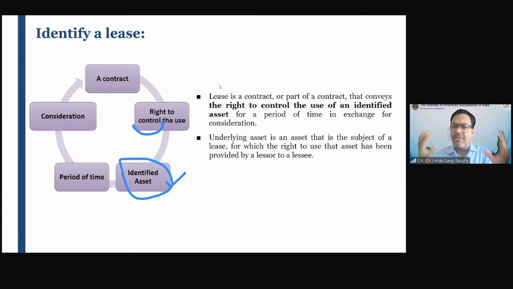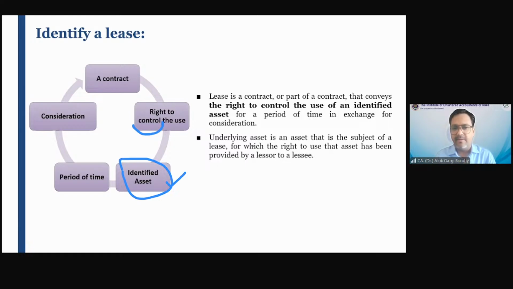I'm giving so many instructions to Prashant regarding the use of that asset, use of that car. Just answer me 2 questions. Whether Prashant has a right to use of that car, whether Prashant has a right to control the use of the car. So who is controlling the use? Am I controlling or whether Prashant is controlling the use? Whether Prashant has a right to use for these 3 days or not? First question. Whether Prashant has a right to use.